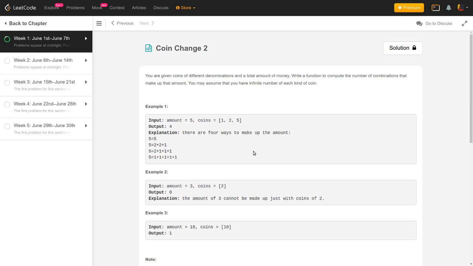Problem number 7, week 1, coin change 2. So it's a very standard knapsack problem where you are given some specific set of denominations of coins and you are given an amount that you have to make using these coins. What you have to obtain is in how many ways can you create this particular amount using the coins that are available to you. You can assume that you have infinite supply of each of the coin, and one thing